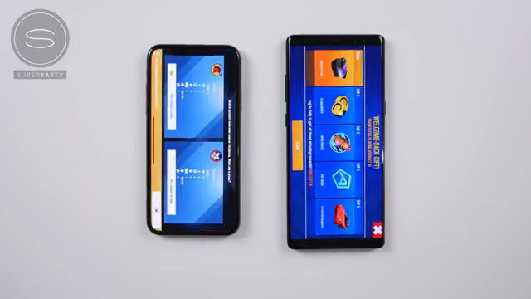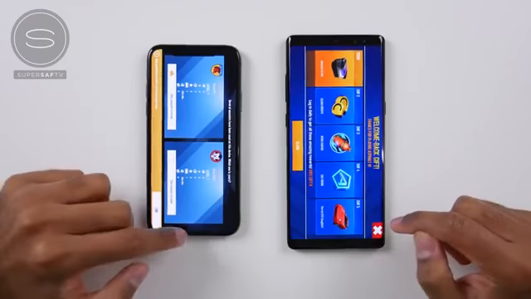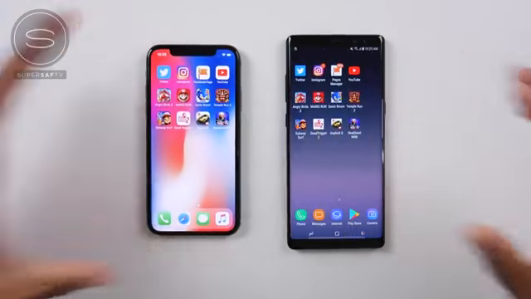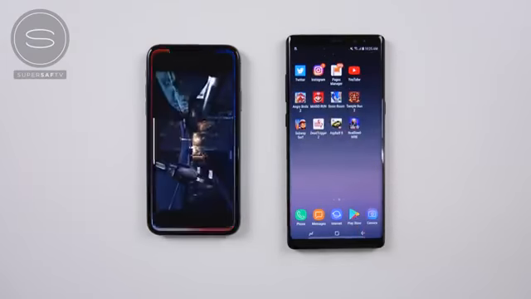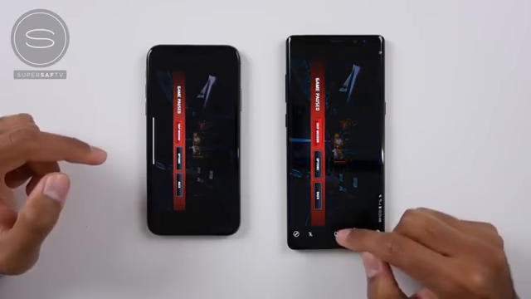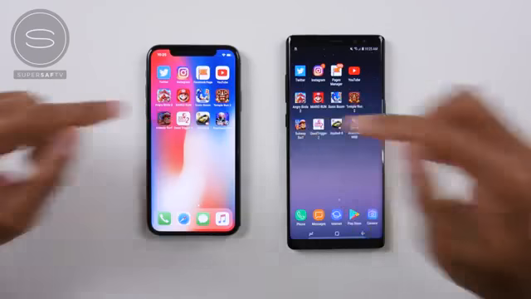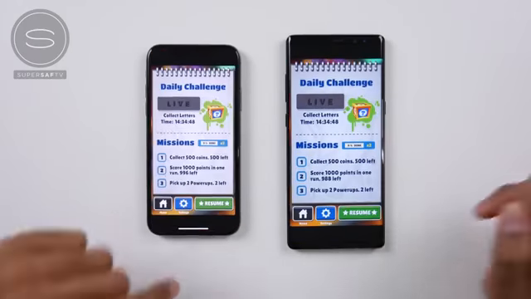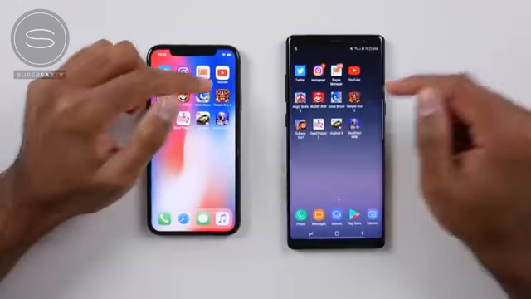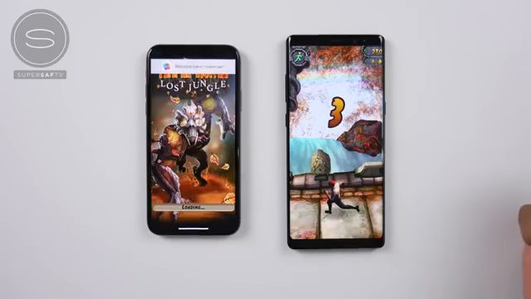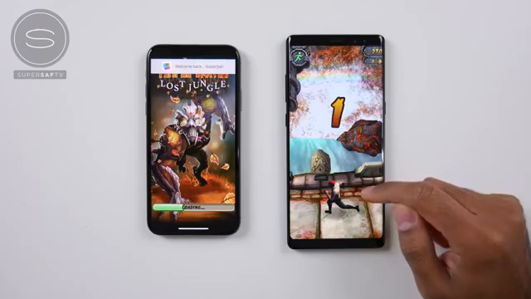Now we're going to test out RAM management, so we're going to reopen all of the games and apps that we did previously. Asphalt 8 is still in the same place. Dead Trigger 2 still in the same place on both devices. Subway Surfers, same place on both. Temple Run 2, it's in the same place on the Note, but it does have to reload on the